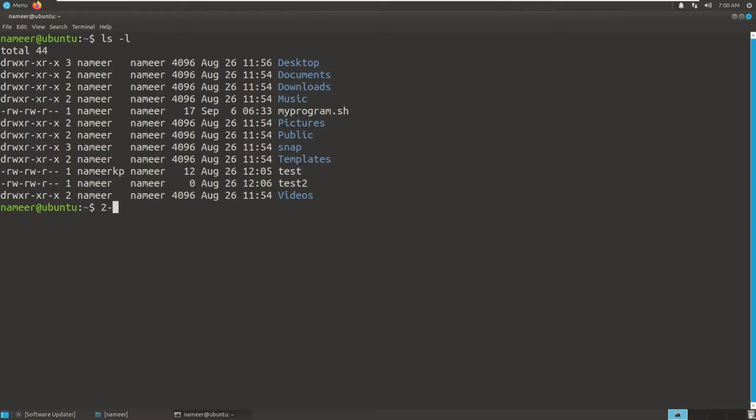Whenever we add 4, we are adding read permission. So 1 plus 2 plus 4 equals 7. If you are adding 700, that means our owner has all the permissions. So for the first 3 characters we have 1, 2 and 4,